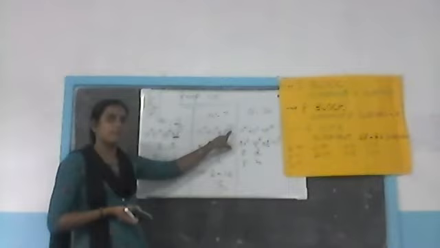So first one, sodium contains 11 electrons, and we write the subshell electronic configuration this way. For s block elements, what is the method to calculate the group number? Just write only this number, the last number of electrons. For p block elements, we have to add 12 with this number. So 12 plus 3, total 15.